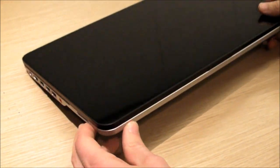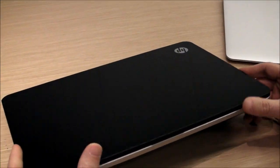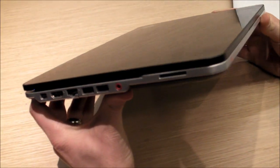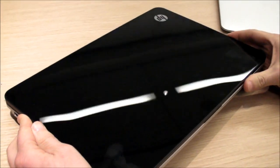And you can see that it uses a very similar design to the NV15. You have the black on top and the silver on the bottom. This Ultrabook weighs in at 3.9 pounds, and it's about 0.78 inches thick, so it's certainly not the lightest or thinnest Ultrabook on the block, but you do get a lot for your money in terms of features and